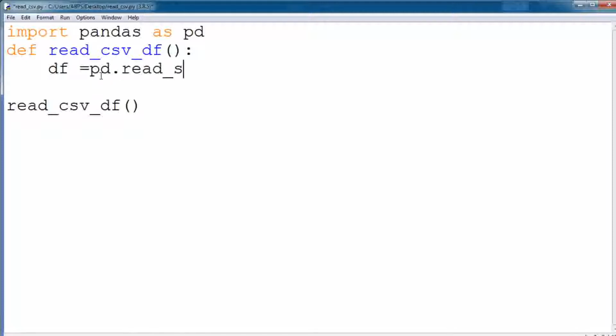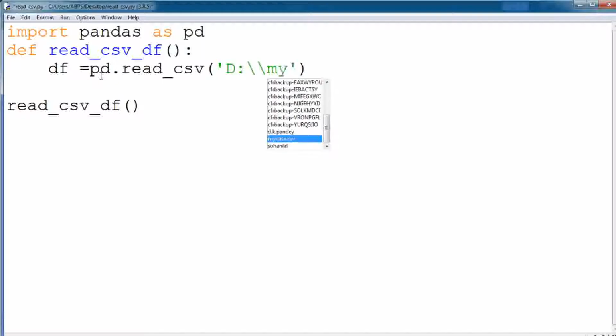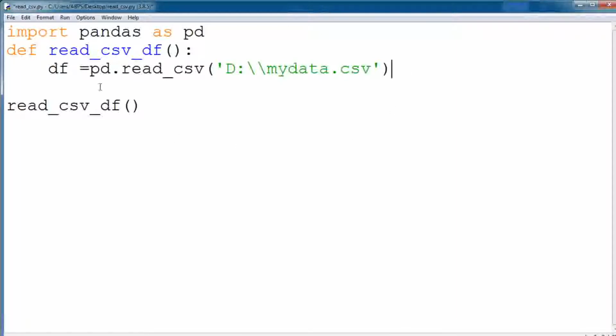No need to use anything else. You can directly save the data and provide the path here: d:/mydata.csv. The file name also comes automatically here. Now let me run this program.